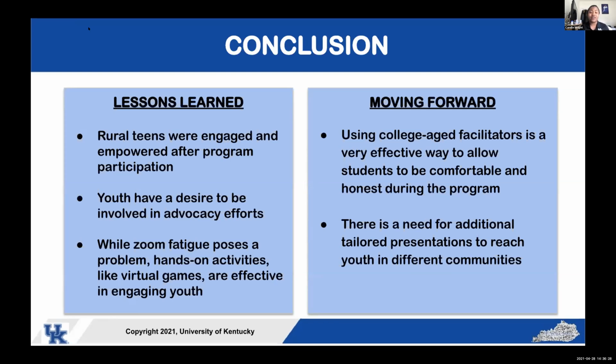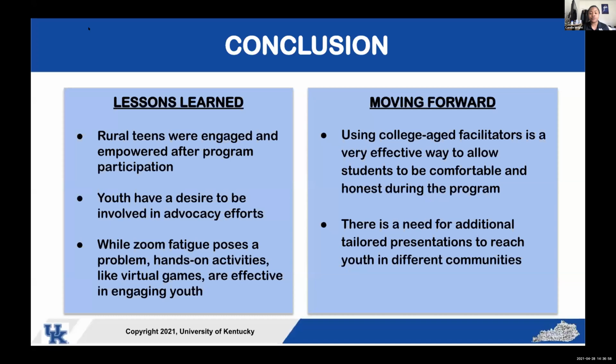Also, youth definitely do have a desire to be involved in advocacy efforts. It's just that a lot of them don't know about these efforts. So in the sessions, we were making sure to highlight lots of opportunities for them. And a lot of them did end up signing up for most of them, if not all of those opportunities that we did list, and would reach out to us via social media or emails, letting us know that they participated in this, they loved it, and they really appreciated us giving them more ways to be more